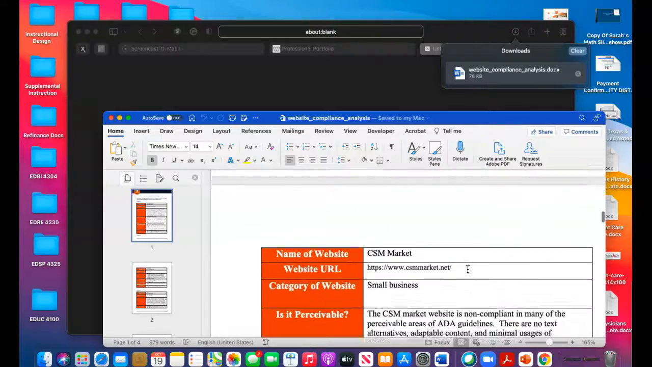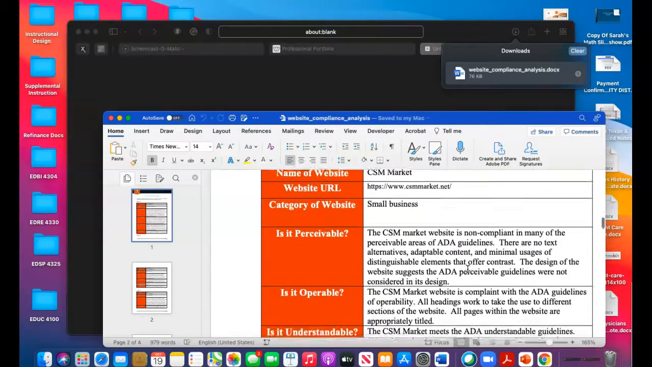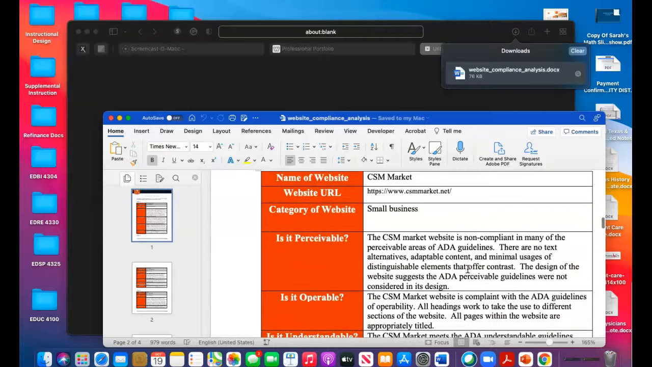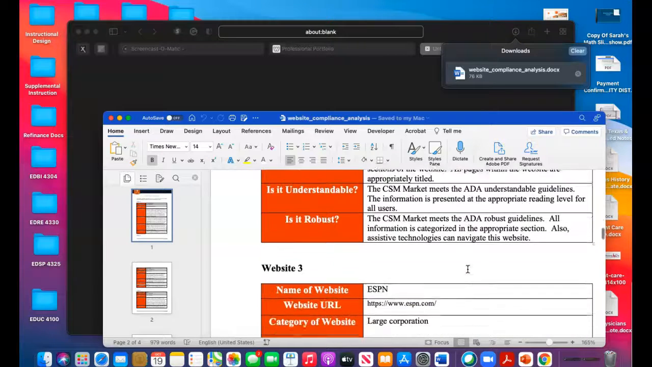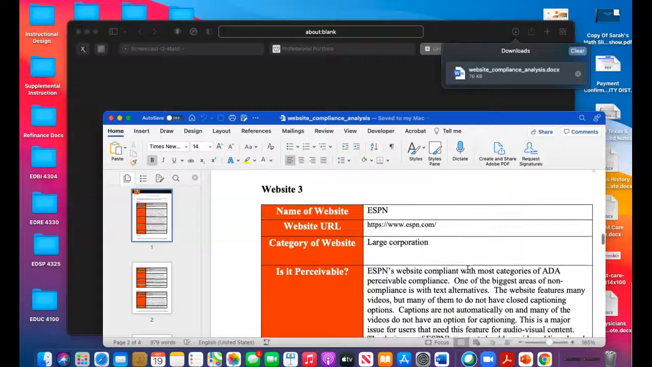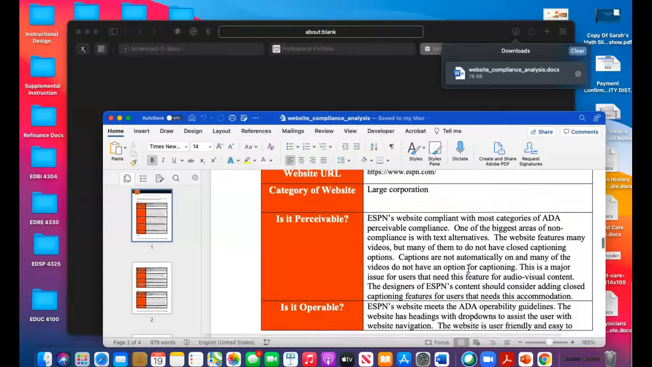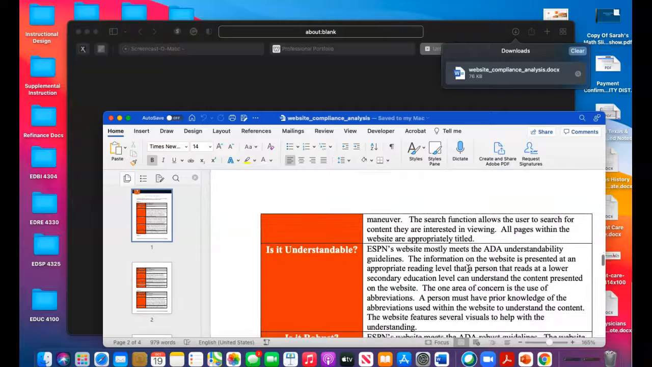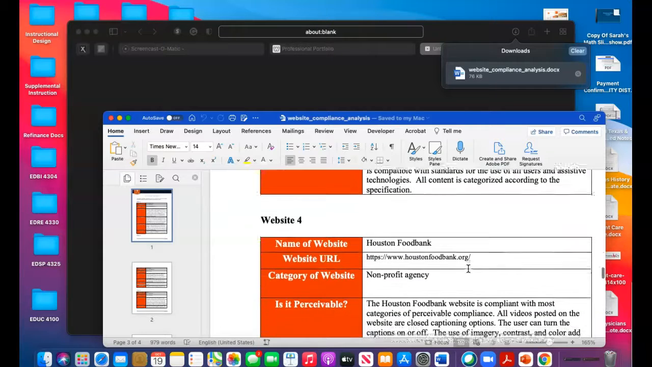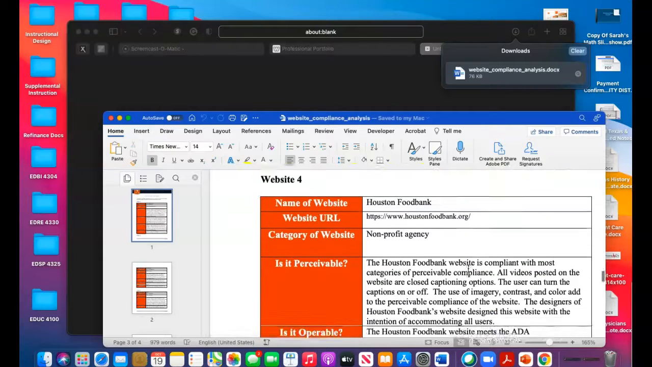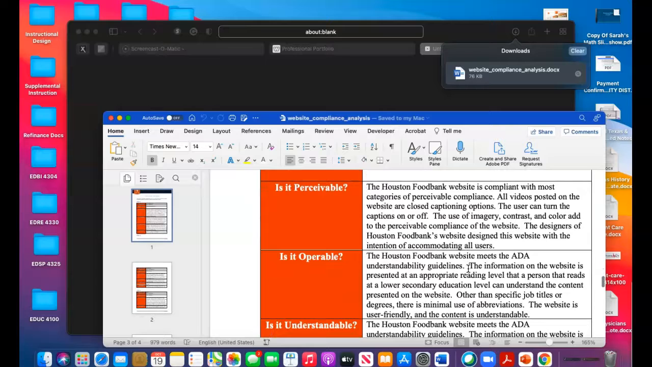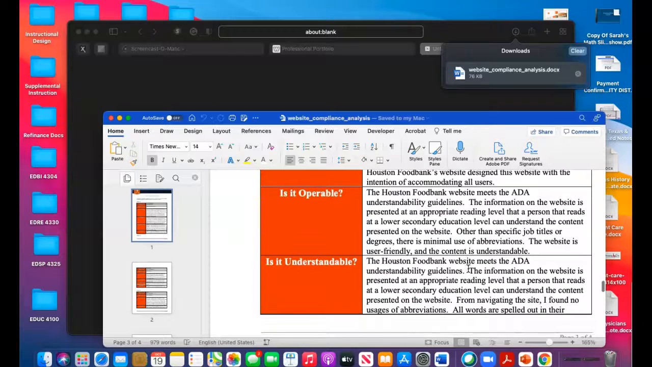And then also we had to do a small business, which I chose a local meat market near my house in Crosby. And then, of course, a large corporation. I went with ESPN because I'm a huge sports fan and I visit that website a lot. And then the last one I did was a nonprofit. We had to do a nonprofit. I did the Houston Food Bank, analyzed their website and what areas they could do to improve their compliance